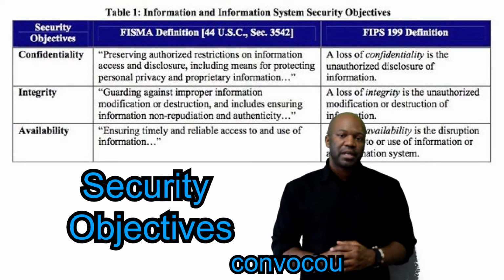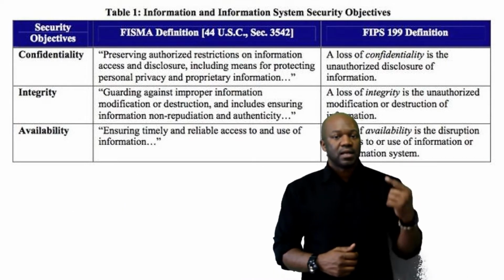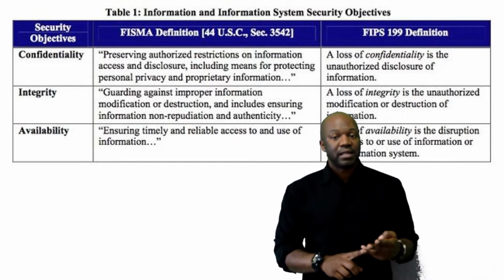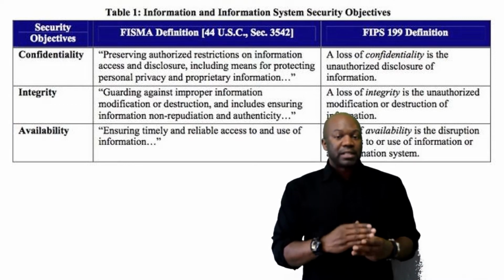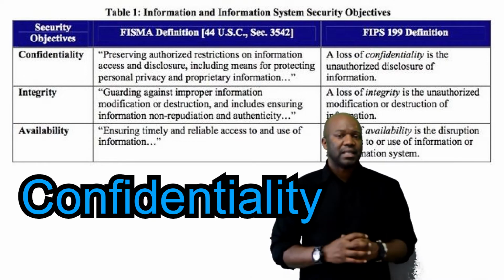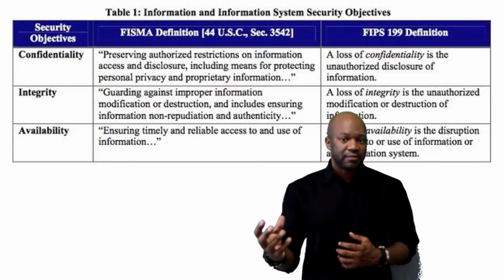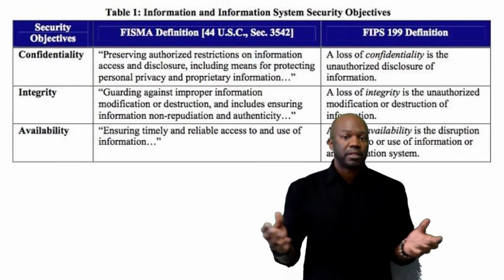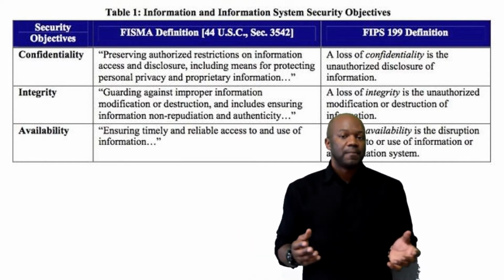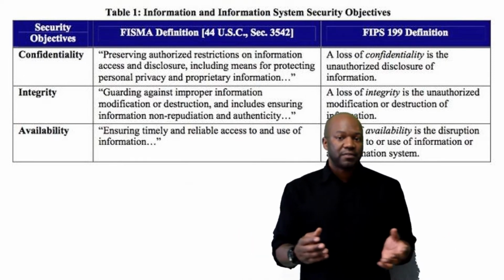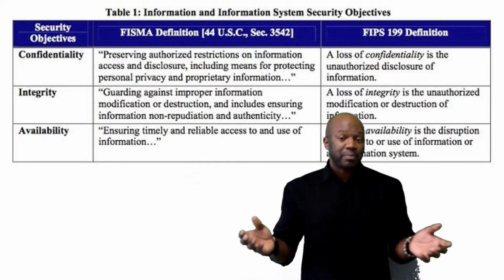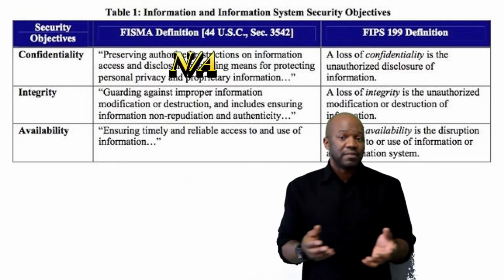We look at our security objectives, we have to look at the confidentiality, the integrity, and availability of this kind of publicly available information. Confidentiality. That means how much of the system do we want to hide? And would it hurt us to put this information out there? Well, no, because it's a publicly available system. So actually, the security objective confidentiality is not applicable because we're not hiding any of this kind of information